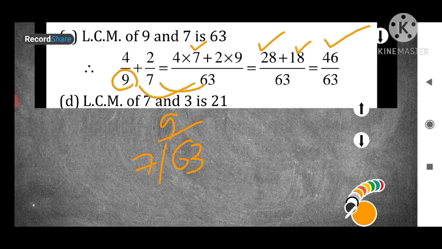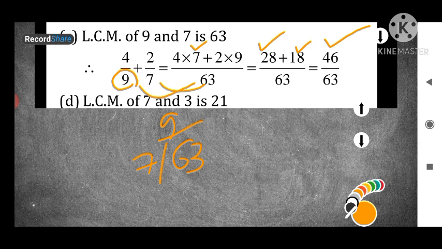So in this way we have to solve the question. Okay, this is called fraction sum, and this fraction sum is very important. You have to be very clear. The concept should be very clear, because this is important for your higher classes like class 7, 8, 9, and for the higher studies also fraction sum is very important. So if their denominator is not same, then what is the process? To find the LCM, we have to do in this way.